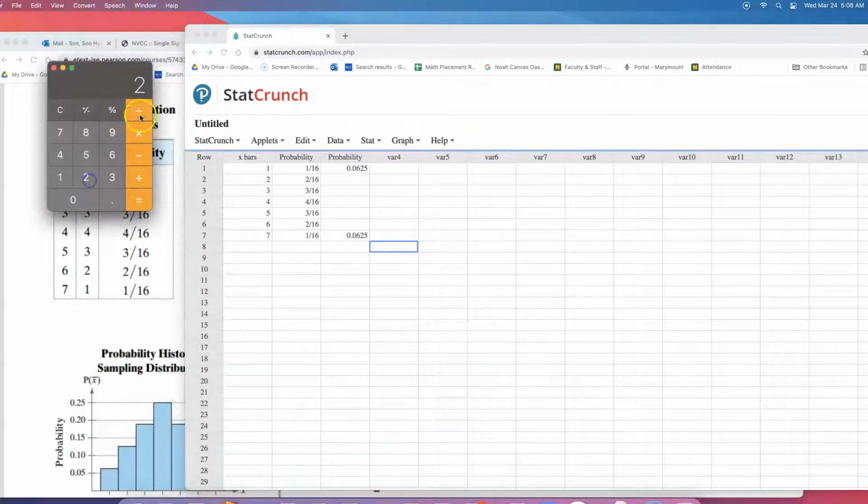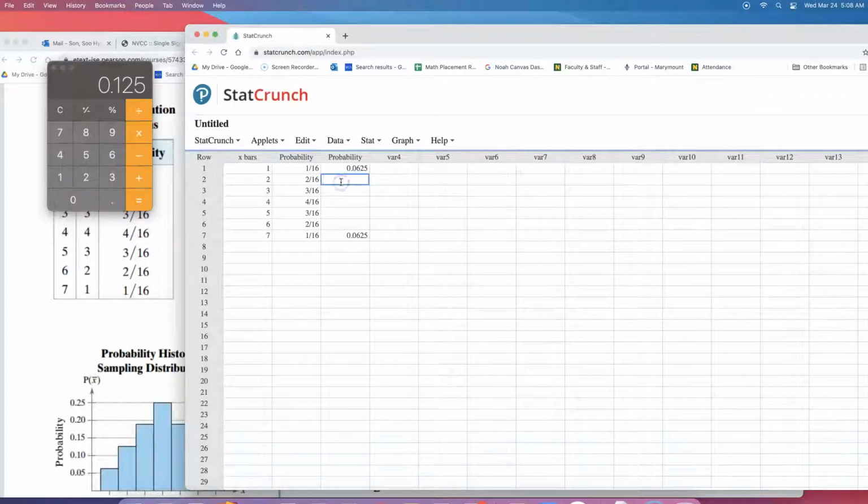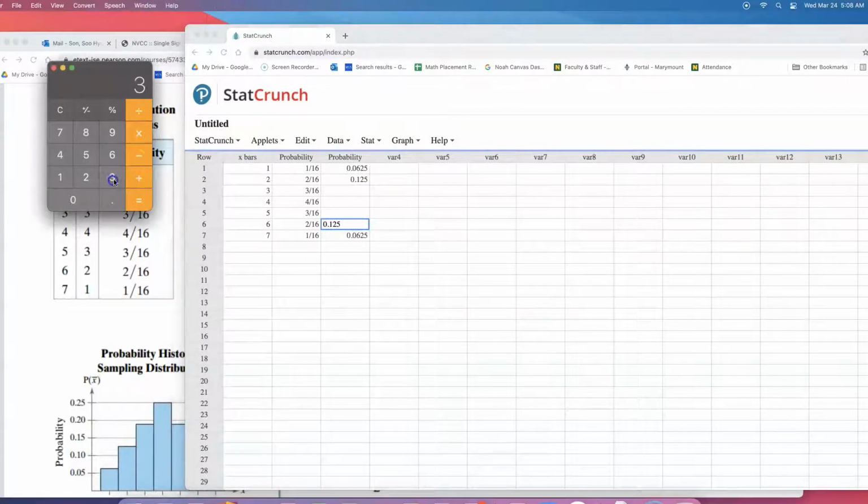Next one is 2 divided by 16, which is 0.125. This is the same one as the one down here, 0.125. It's such a hassle to convert things into decimals, but it's not difficult. All right, that is